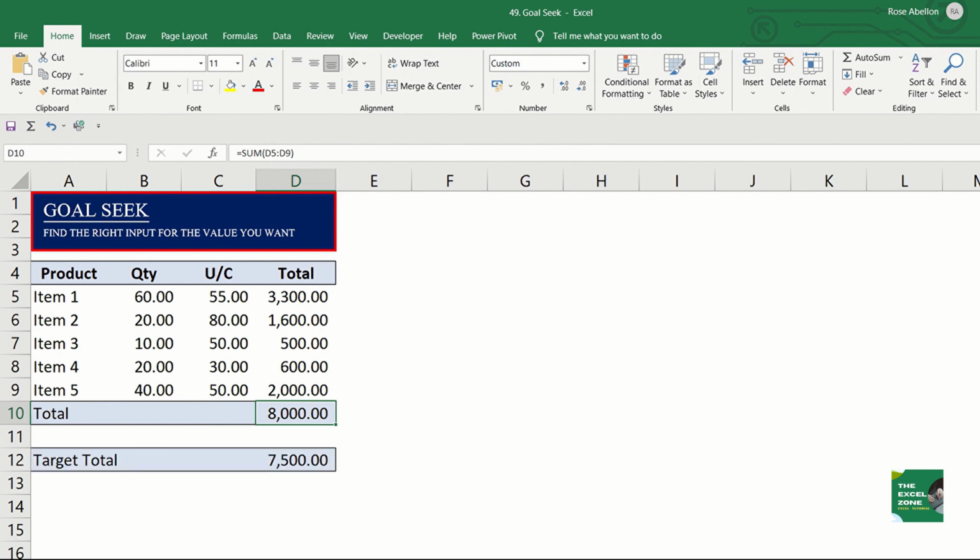You were informed that you can change the volume of the last item in order to fit the budget. How will you identify the right volume for item 5 in such a way that you will pay exactly 7,500? There is a mathematical formula to compute that, but not all are comfortable to work with numbers.